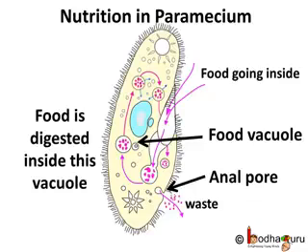Paramecium feeds on microorganisms like bacteria, algae, and yeasts. Cilia sweep the prey along with some water into its mouth. The gathered food moves inside the cell in a food vacuole. As the vacuole moves around the cell, the food gets digested and the digested part gets absorbed into the cytoplasm. Then the vacuole moves near the anal pore and ruptures. Thus, undigested food is thrown out. You see, it has only one cell, yet its nutrition technique is so fascinating.